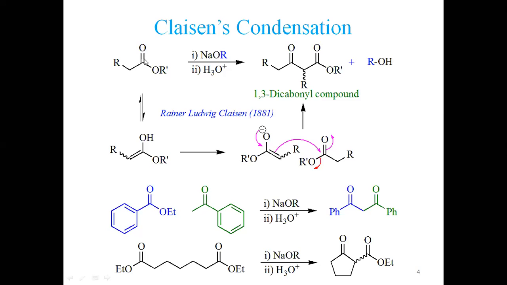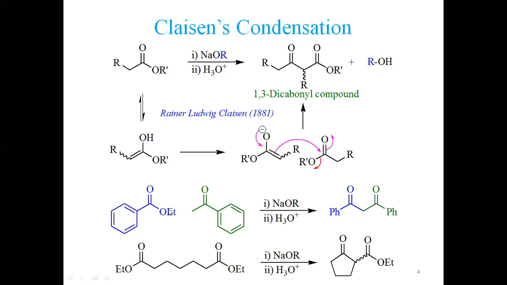The alpha carbon should have one alpha hydrogen present at this position. If there is no alpha hydrogen present here, it shall not undergo such types of reactions. We must have one hydrogen so that it can tautomerize to this form. We must have one hydrogen here. If there is no hydrogen, it shall not undergo such additions. Now, let's see